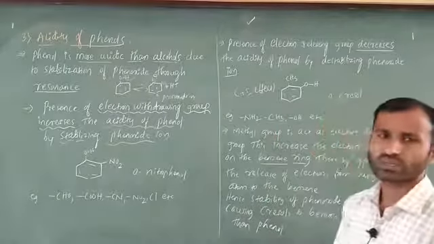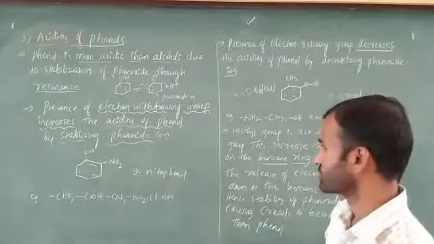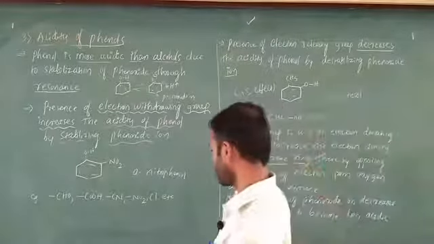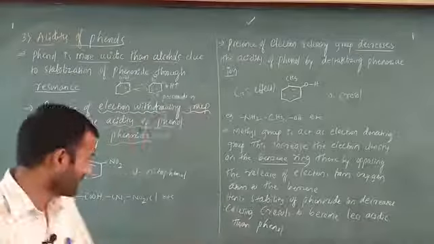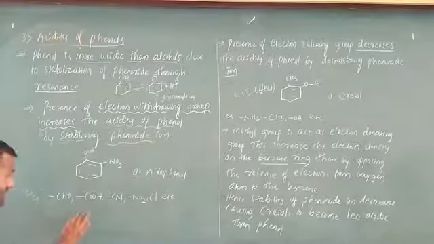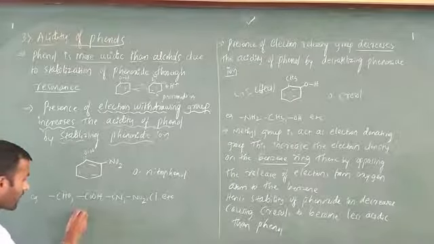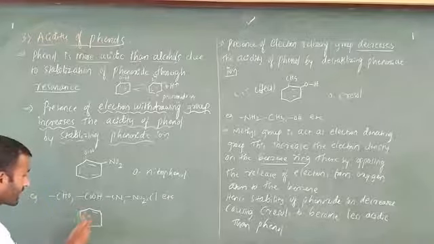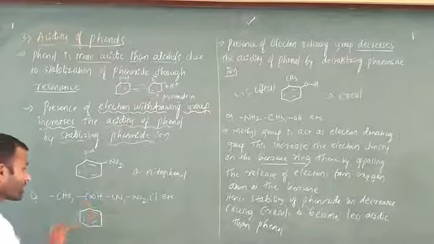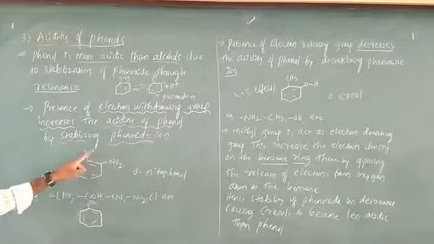The next question: what is the meaning of that stabilization? Just here I am going to write the resonance. I think it is visible, no? Okay, just see. In this case, first I am going to take orthonitrophenol only. Here O is there, and I am going to take O minus, because the hydrogen will go out easily.